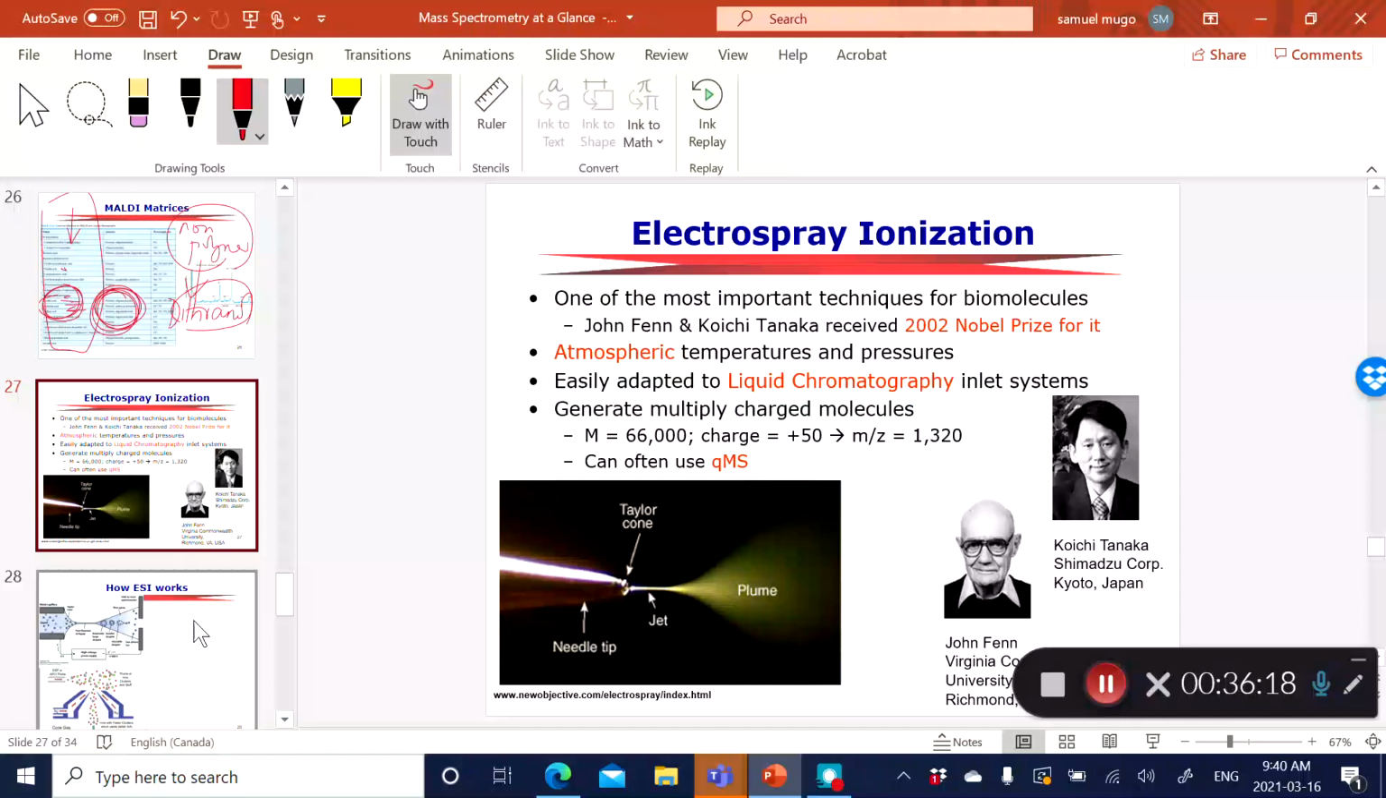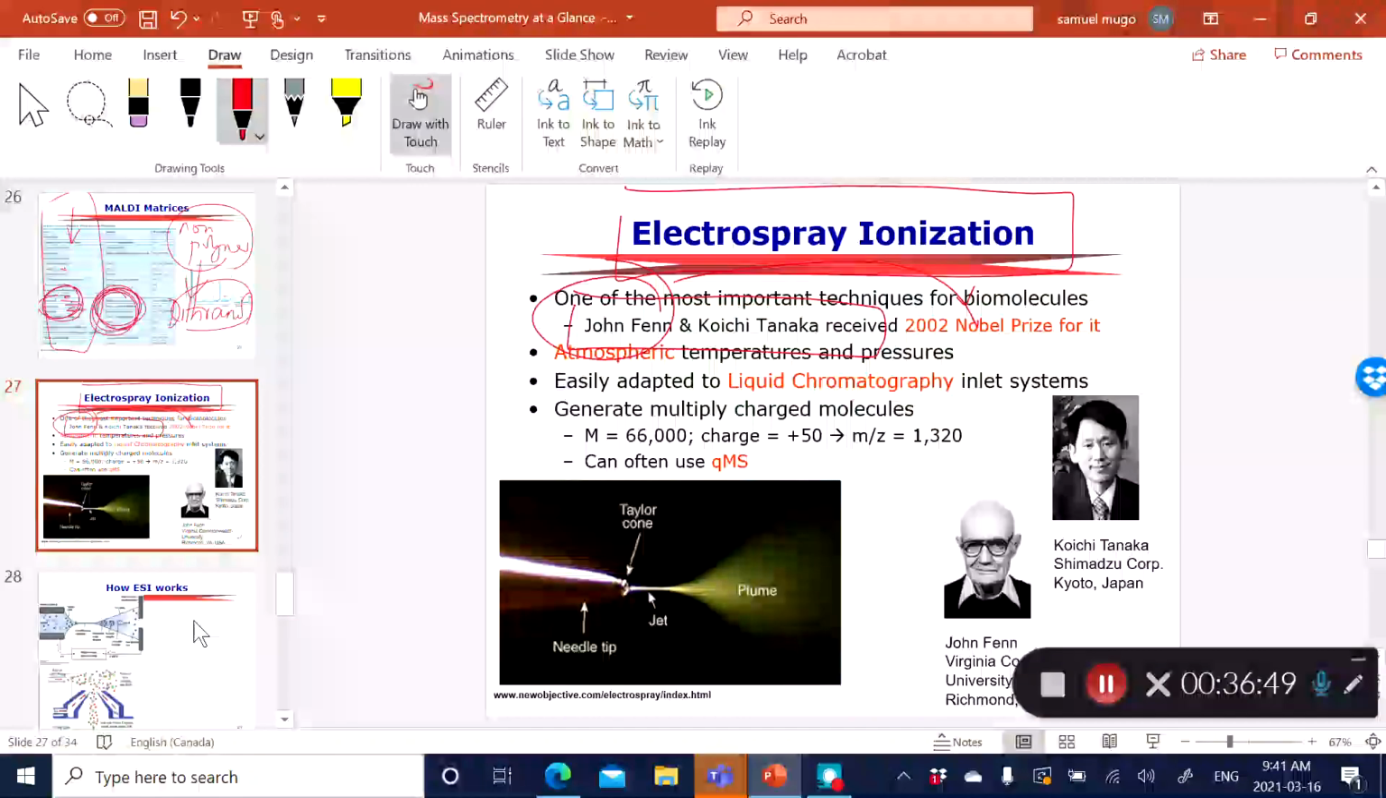Now, the other type of technique that is very common, as I said before, and is sort of the gold standard now, is electrospray ionization. Electrospray ionization was developed mainly by John Fenn, who won a Nobel Prize for developing ESI in 2002. That explains the importance of this technique, because it has totally revolutionized protein analysis, or what people call proteomics,